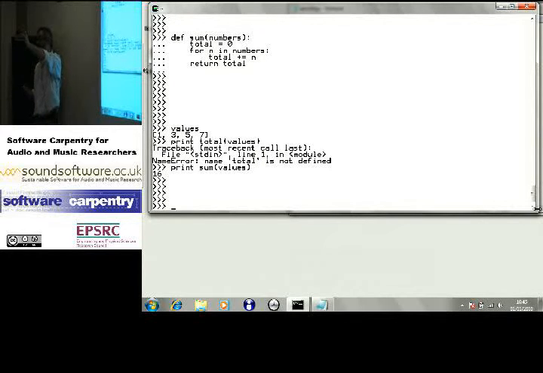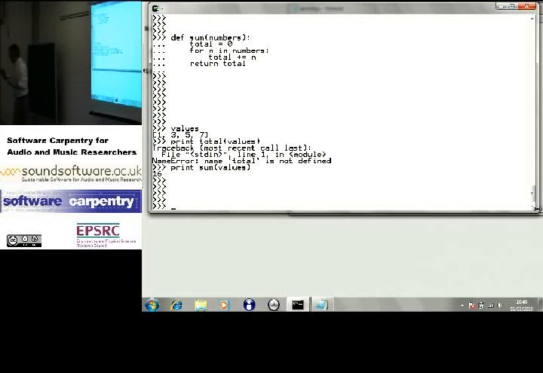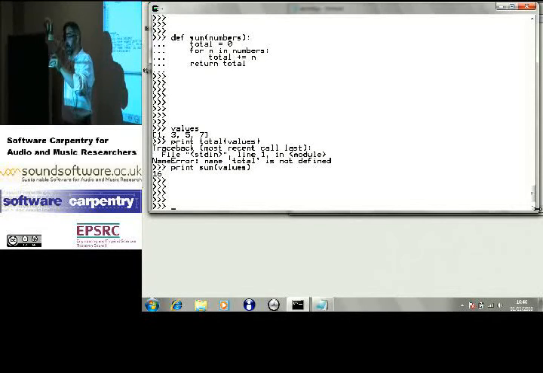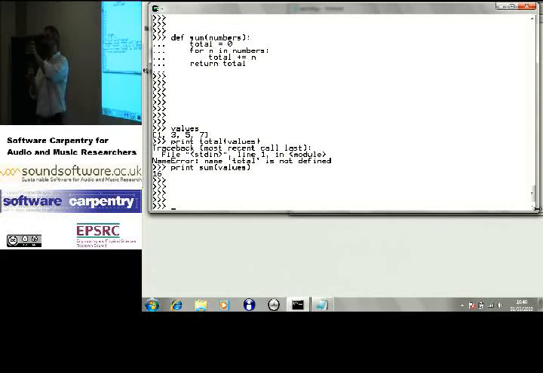Those variables disappeared. Once the function finishes, there is no such thing as total anymore. There is no such thing as n. There is no variable called numbers anymore. Values is still 1357. I haven't disturbed that because I've got a copy of it in here. Work on that. Then I throw this away. These are the only variables that I've got left. If I call total again, I'll grab another cup, create fresh copies of the variables, numbers, total, and n, and